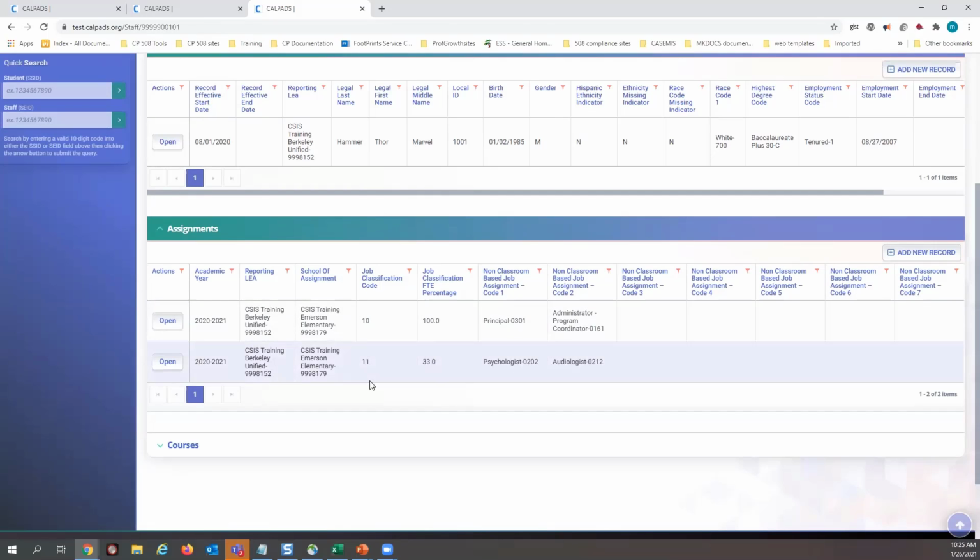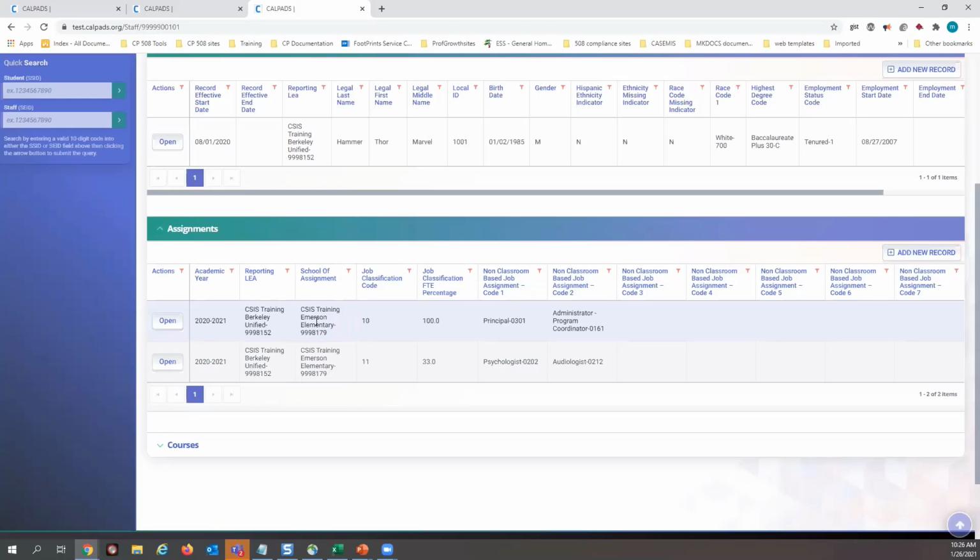Okay. And then, of course, within the job classification, if let's say a staff member is an admin and doing multiple non-classroom job-based assignment codes, do not submit two records of a job classification 10 at the same school. No, don't do that because CalPADS will trigger a duplicate SASS record error.